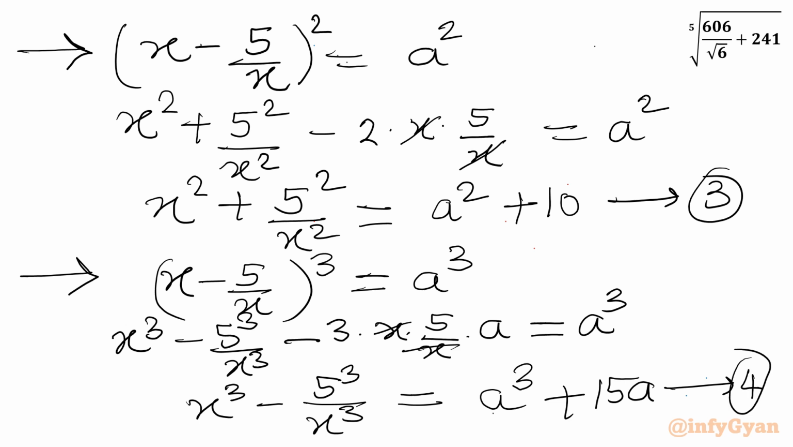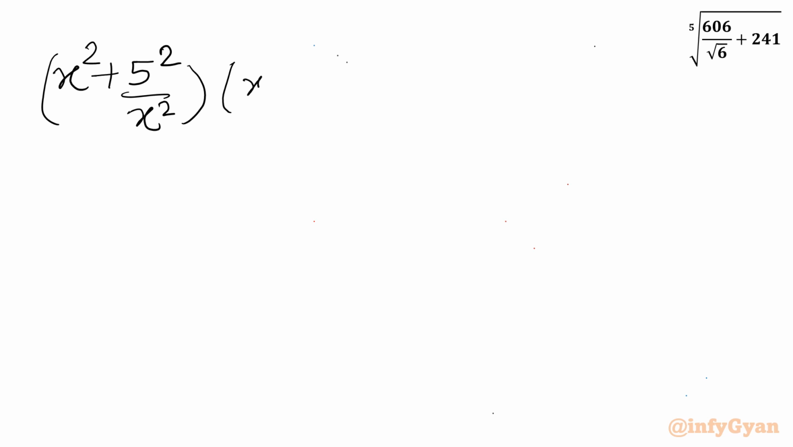Let us call this our equation 4. Now I will multiply these two equations, 3 and 4. Let's multiply. x square plus 5 square over x square, the LHS of equation 3, times x cube minus 5 cube over x cube, the LHS of equation 4, equal to